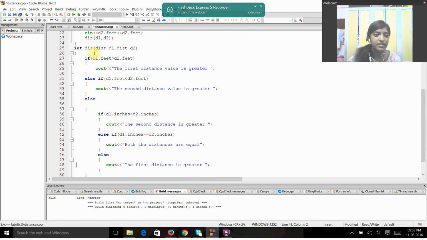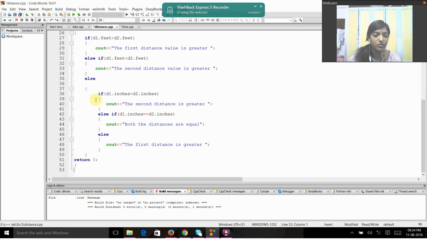So now int dist of dist d1 dist d2. So now if the d1 feet is greater than d2 feet, then the first distance value is greater, and if d1 feet is less than d2 feet, then the second value is greater. Now suppose if d1 feet is equal to d2 feet, then the else part of the execution is executed, and